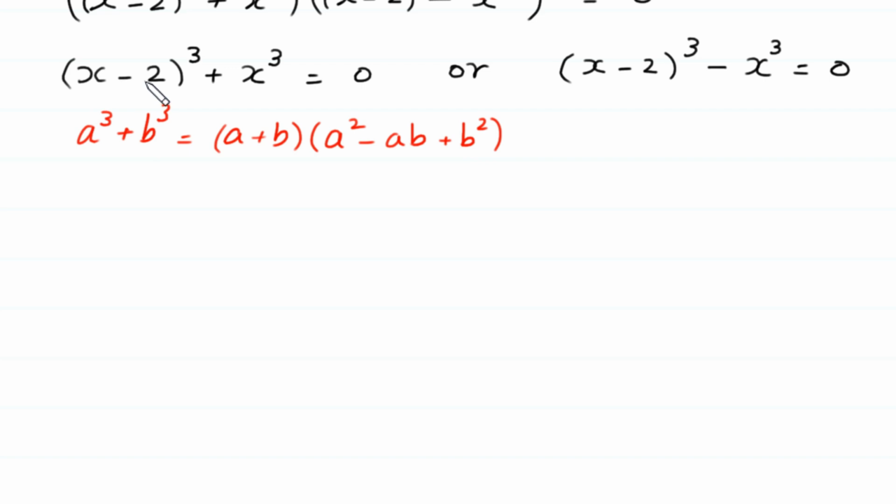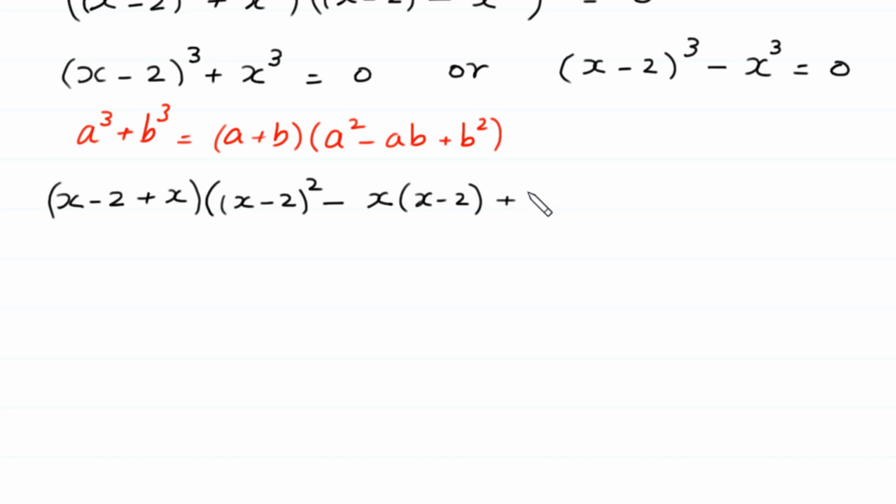We can write this (x - 2)^3 plus x^3 as (x - 2 plus x) times ((x - 2)^2 minus x times (x - 2) plus x^2) is equal to 0. Next, this 1x plus this 1x, 2x minus this 2, times